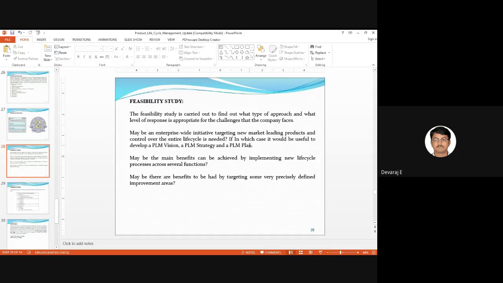You can get the ideas individually, or you can get the ideas in a group. This is what they do in industry as a brainstorming session. Beyond this, there are a lot of techniques to get the ideas. One technique is storytelling also. In the group they can sit and try to convey in the form of stories how to manufacture a product, to make it easy for the customers to understand.